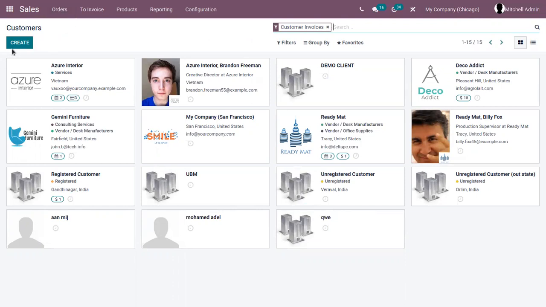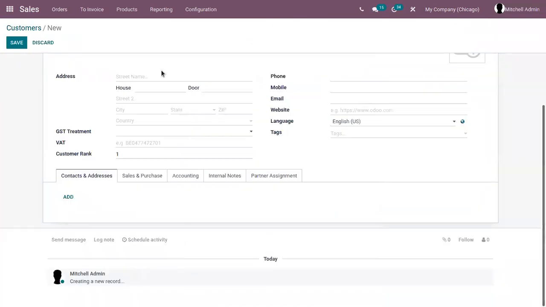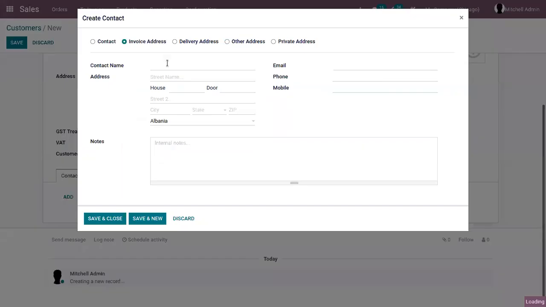And you can also create a new customer from here. Just directly click on the create button. You can just add his name, choose a country, you can choose a state, you can add contact details. Here we can add the addresses.